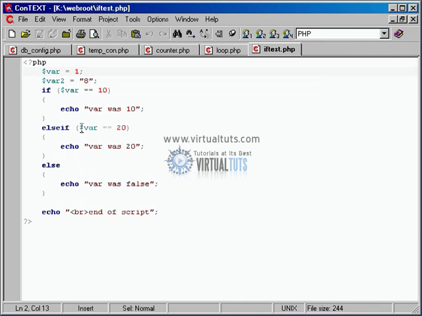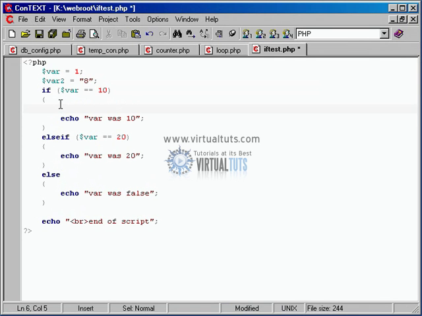Okay, cool. And another thing, of course, that you can do is you can also embed if statements as well. So do another if inside. Absolutely. So you could echo out one thing, and then you could turn right around and check something else. So I can go in here inside the curly brace to the first if. I can